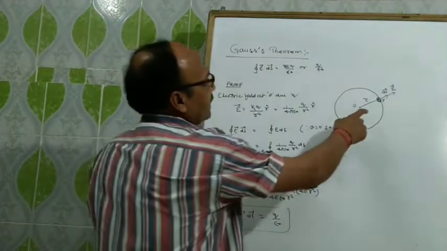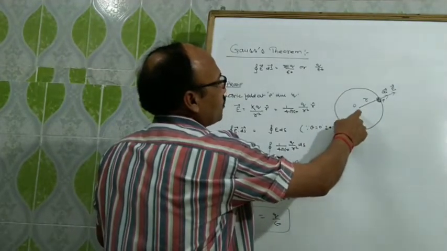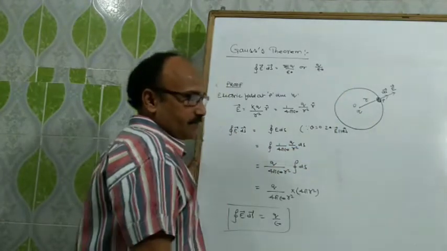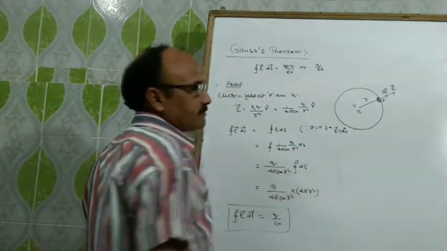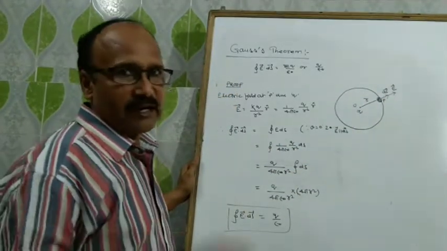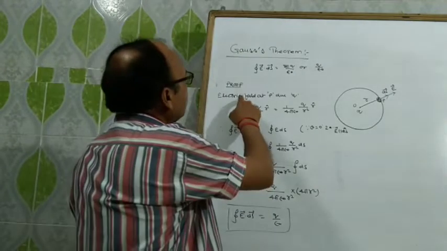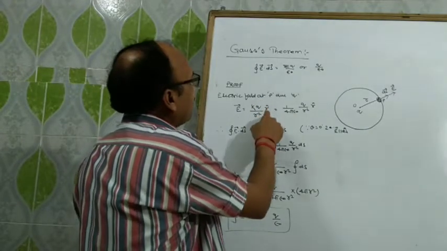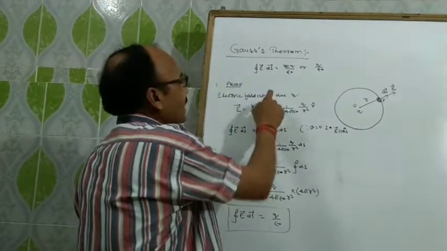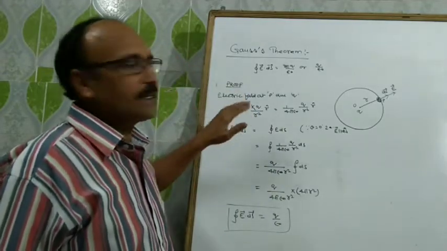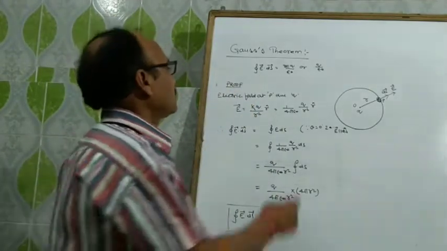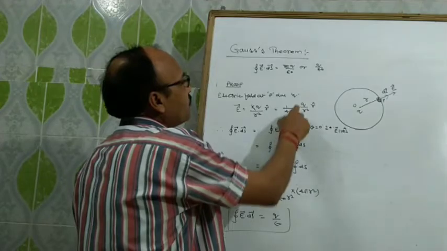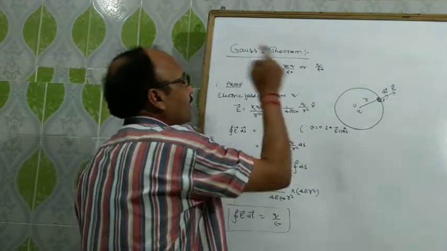In this case, we are taking a point charge Q placed at the center of a sphere of radius r. P is the point of observation where we have to find out the electric field intensity. So this electric field vector E will be equal to kq upon r square times r cap, to make this a vector quantity. So r cap is the unit vector. You can put the value of k. This becomes 1 upon 4 pi epsilon naught q upon r square into r cap.